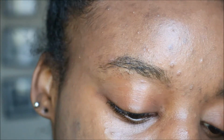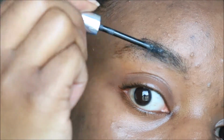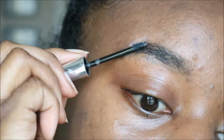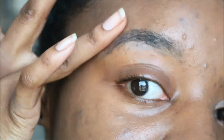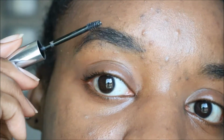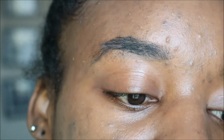Oh, you guys can see boy brow, no boy brow. It looks kind of similar, but definitely this one is just darker than this one. So we're just going to fill this out again. Just go down. And I like to add length to my eyebrows. I don't know about you guys, but I just like to add length. I like to keep the shape, but